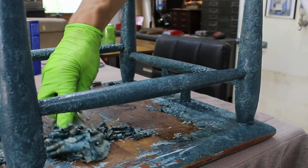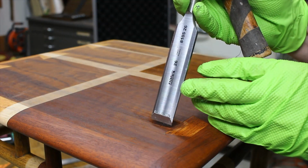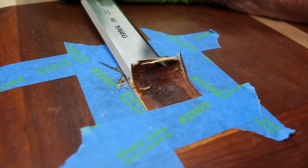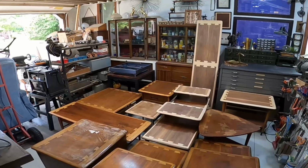These are arguably some of the most iconic and recognizable American-made furniture pieces from the middle of the 20th century. For that reason, I decided to dedicate an entire series to the Lane Acclaim Furniture manufactured from 1959 through the middle of the 1960s. Throughout this series, I'll be restoring and refinishing more than 15 different furniture pieces from the